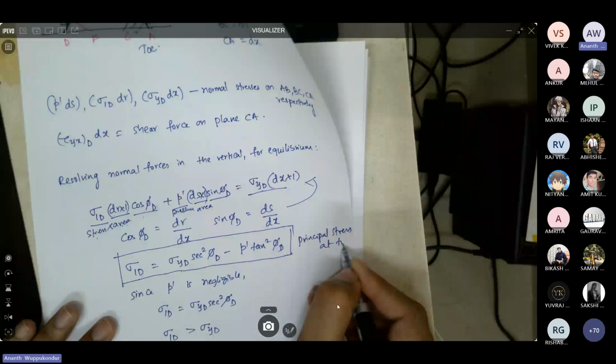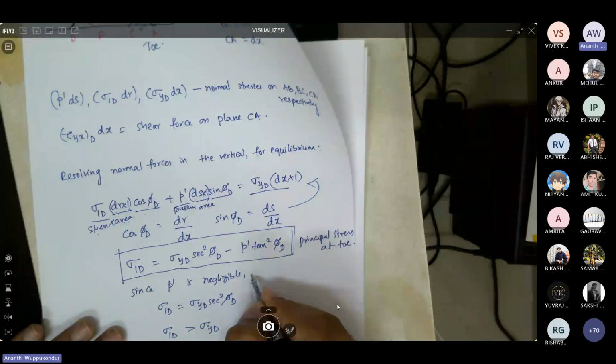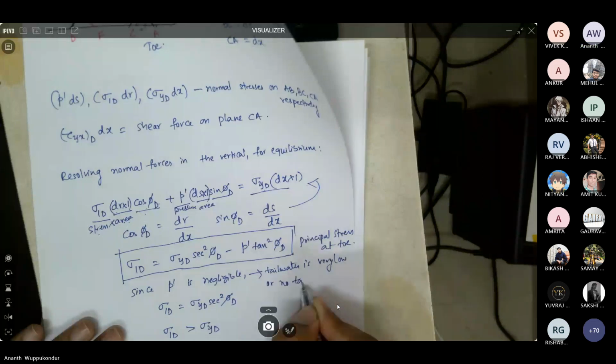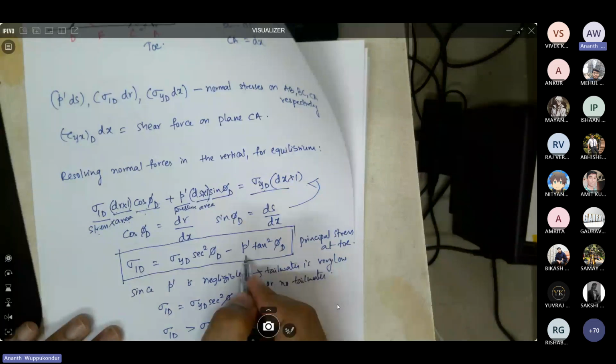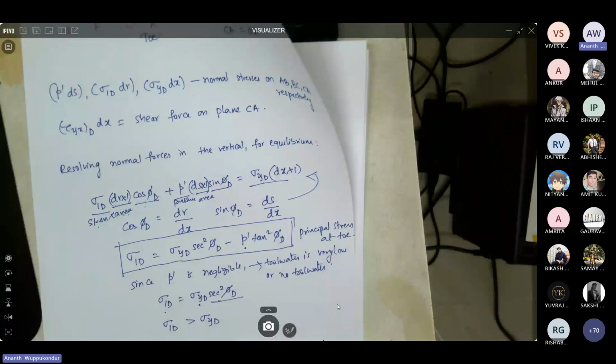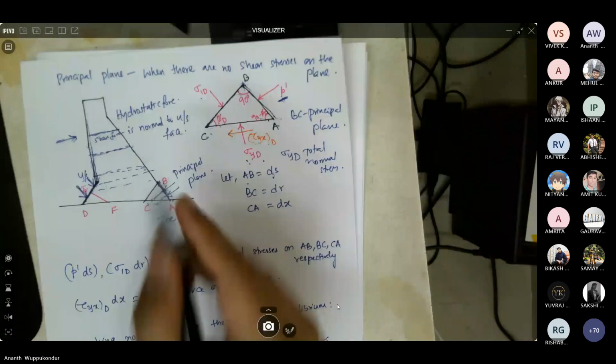Now, if you consider the tailwater is very low, or there is no tailwater, then the hydrostatic pressure, you can consider that as 0. Then your principal stress is simply a function of total normal stress multiplied by a factor secant square phi d. So through this relation, what you get is the principal stress that is acting on this plane